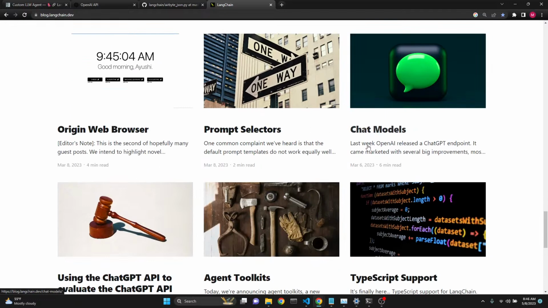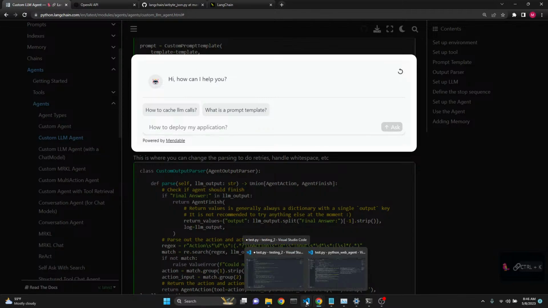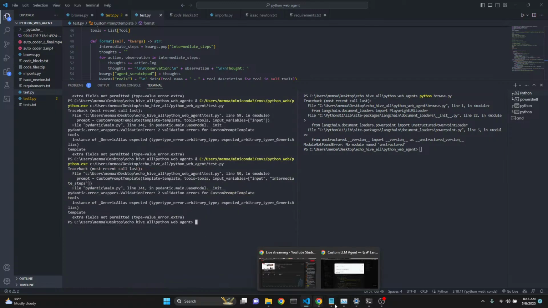So essentially, what I'm saying is that this is a chatbot that is trained on the entire documentation. Okay, let's ask that question we just asked. We said create a custom